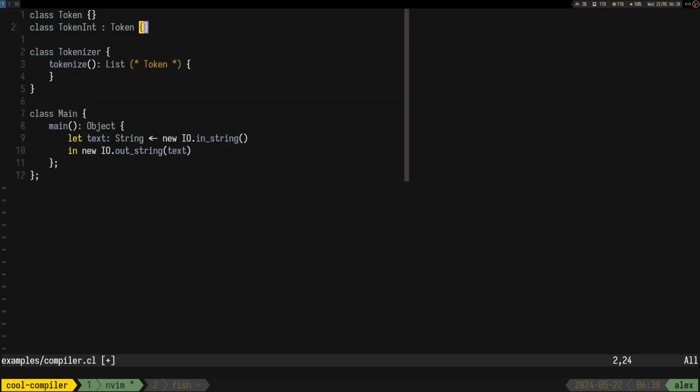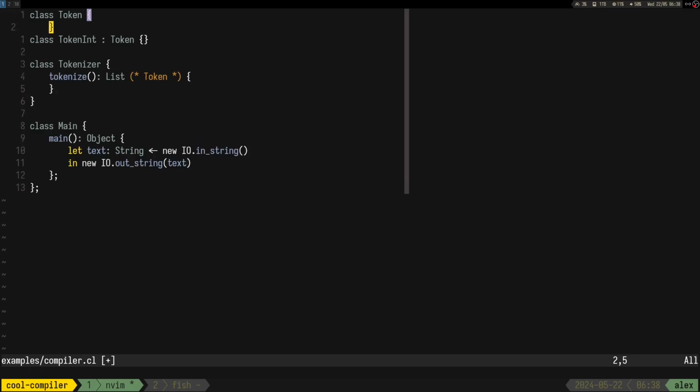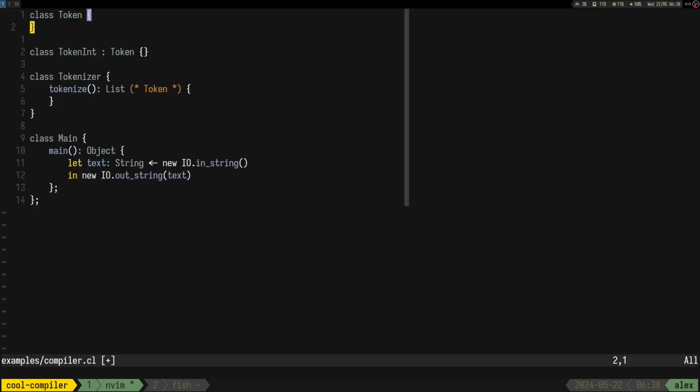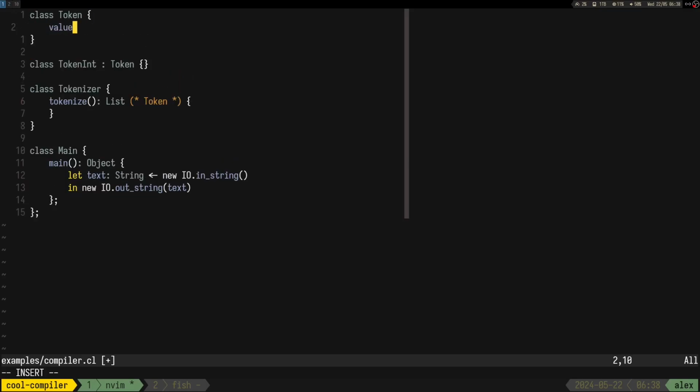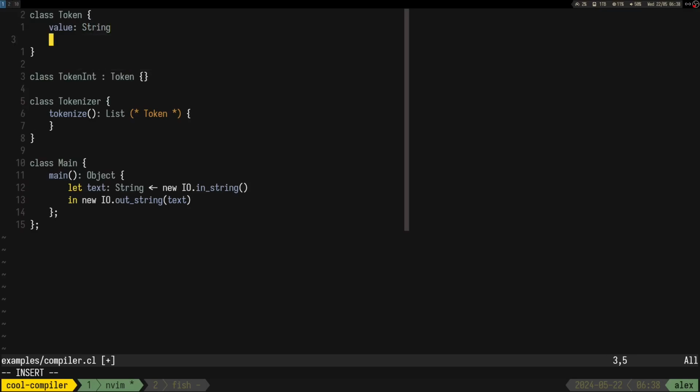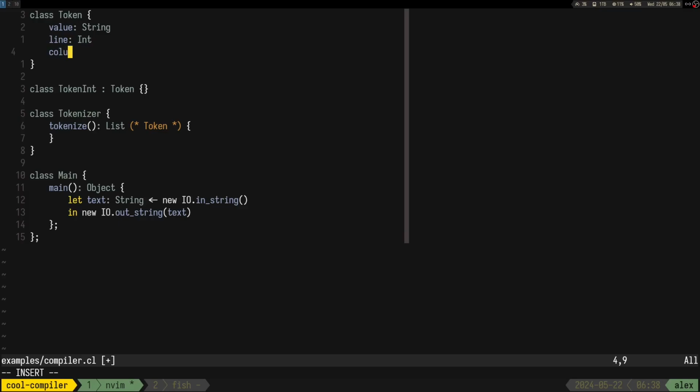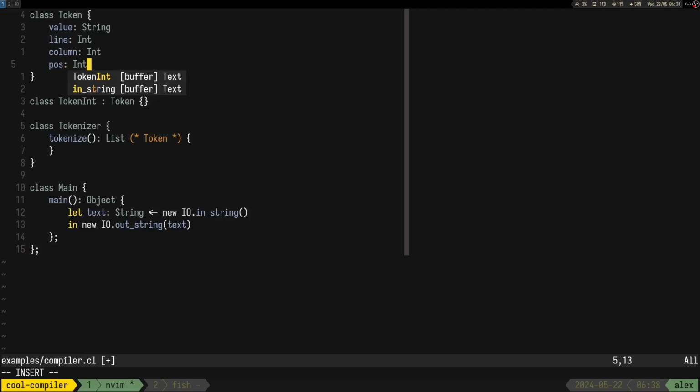So for example, I guess all the tokens should have a value string, line int, column int, I guess column, position.